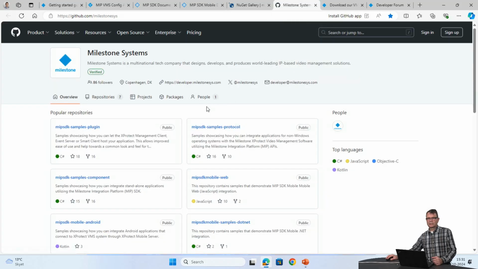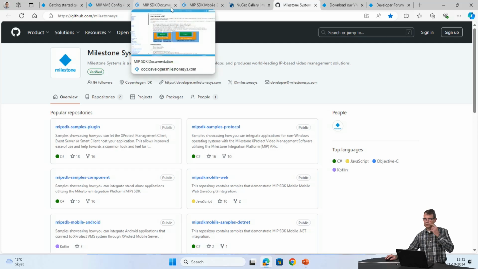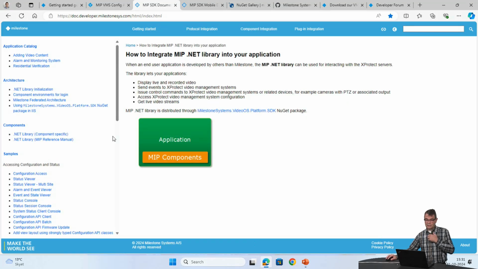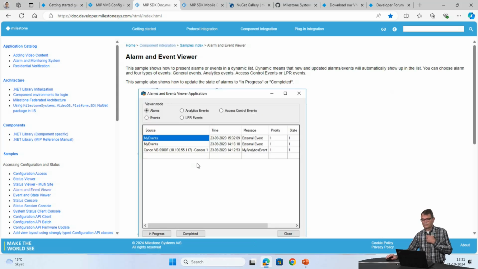So my next jump is to the site where we have the samples. Let me real quick switch to the SDK documentation. Say I have a sample here that is called alarm and event viewer, and I want to use this sample, and of course that means I want to find the source code for it.